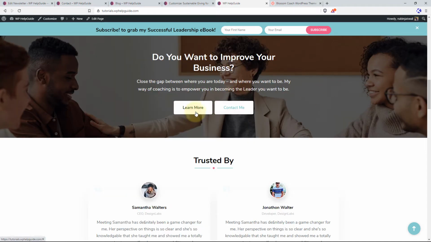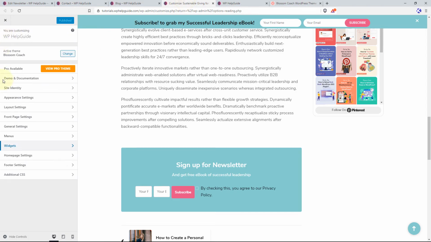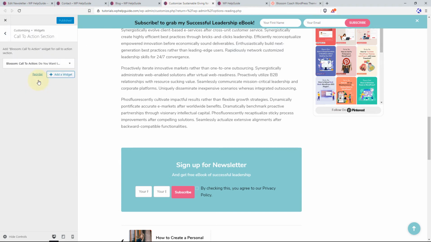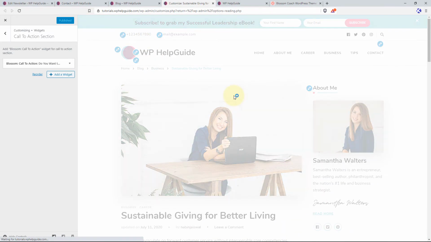We have the call to action section, and this section is not linked. So let's go back to the customizer and link this section to the contact page. Let's go back, and you can configure that from front page settings. Go to call to action section. Let's go back onto the home page,